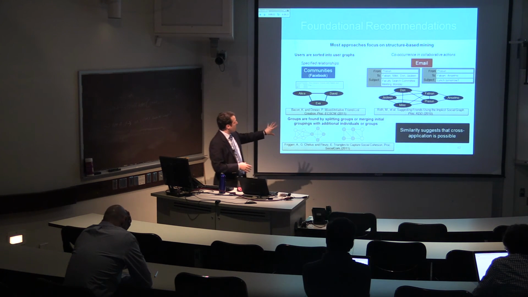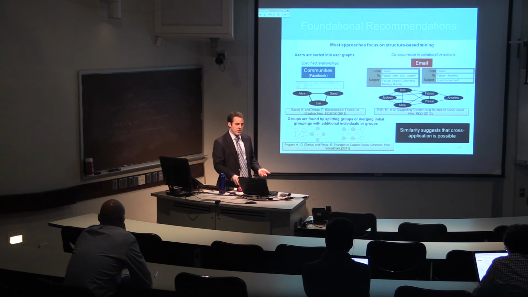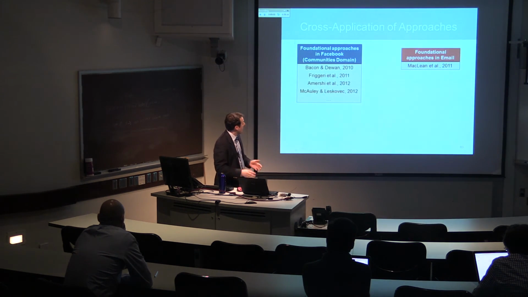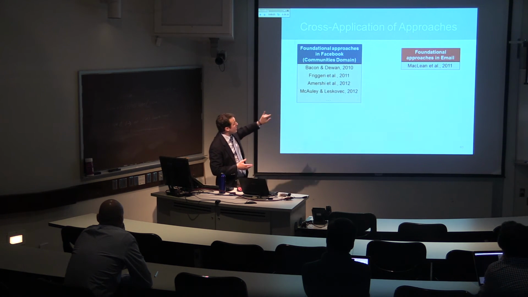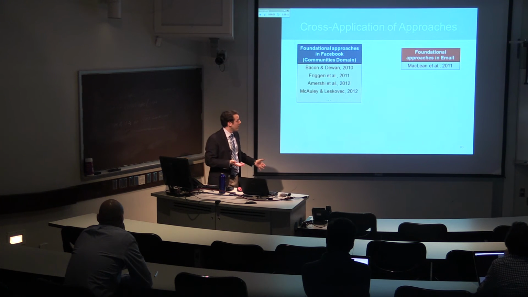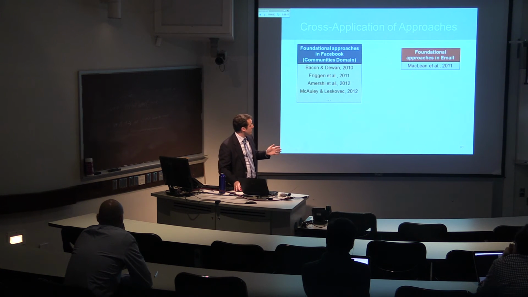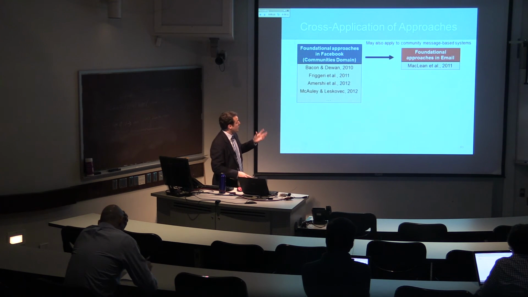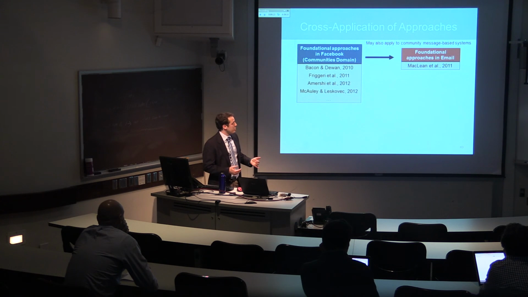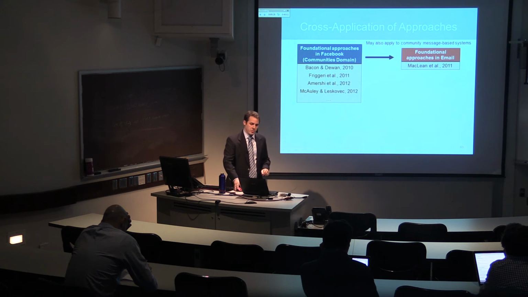Based on these approaches, we see there's some similarity across both systems and domains, and that suggests some cross-application is possible. This was our goal. To do that, we first looked at all the different approaches in different domains. We saw there were many different approaches in Facebook or the communities domain, but there was only one approach that we knew of in the email domain. Because of this imbalance, we wanted to cross-apply from Facebook to email. And in fact, if we're able to do this, we may be able to apply these approaches that are helpful in Facebook with specified relationships in other community message-based systems which don't have such specified relationships.